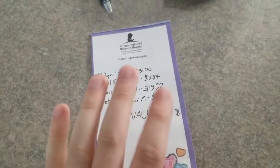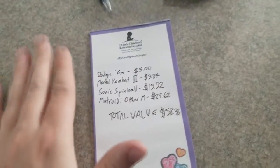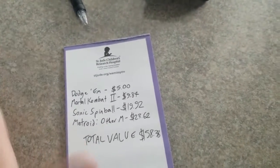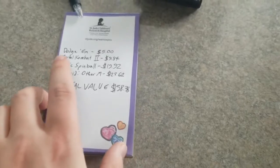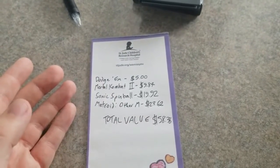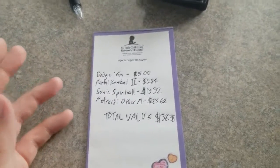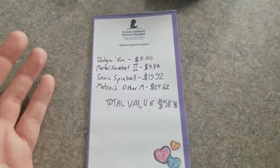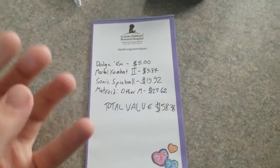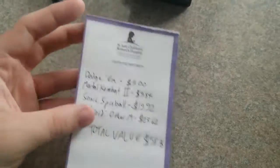And I've watched a lot of other people's unboxings of these, and I don't think I've ever seen one with that kind of value. I've seen some as low as below $20. You know, I've seen people get very upset when stuff wasn't worth what they paid. Last month, the games I think were only worth about $26,